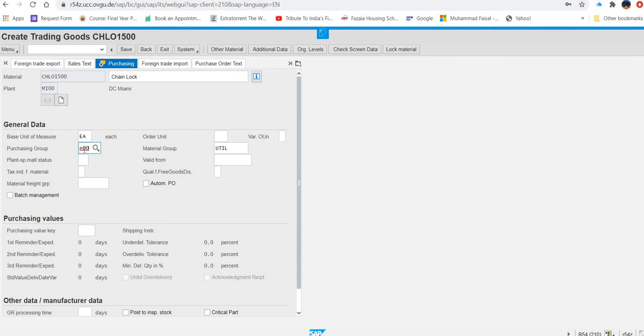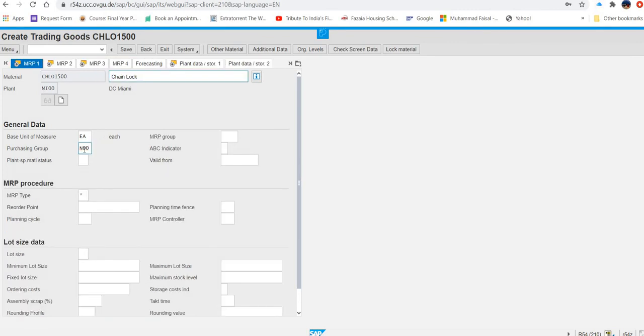Then what they are saying, go to the next, that is MRP1. If you press enter, you will go to MRP1, and in MRP1 they are saying put MRP type PD. Where is the MRP type? Here, PD. Then what next?